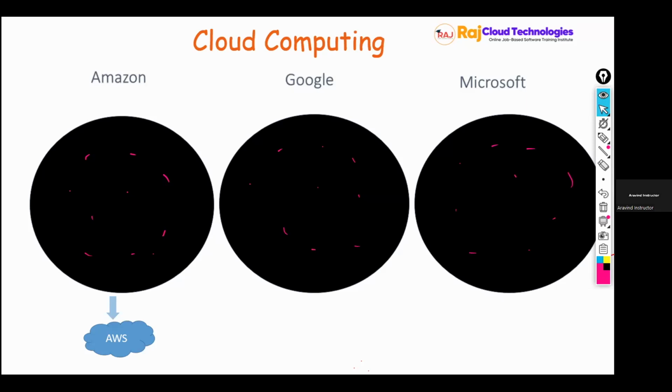So Amazon is a company which provides cloud services through a platform called Amazon Web Services. After the end of the month, the Amazon CEO says, Arvind, till now we have given you 100 servers, 50 GB storage, and 50 CPUs. So for that, the bill is $500. You need to pay $500 for this month, because in this month you used this much infrastructure from us.